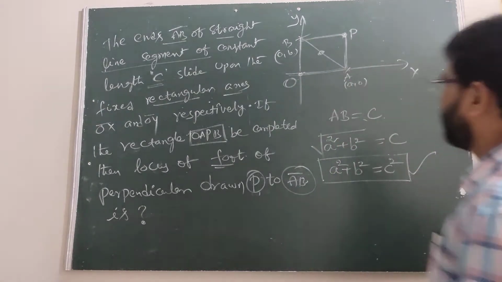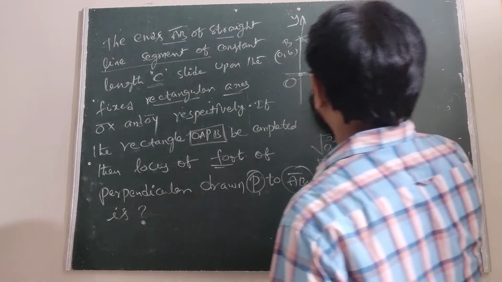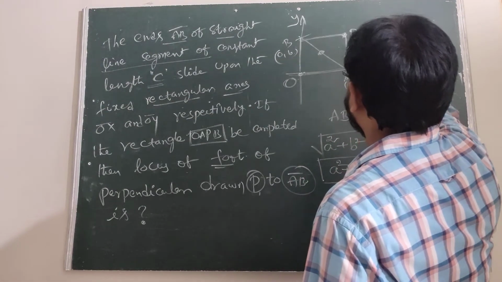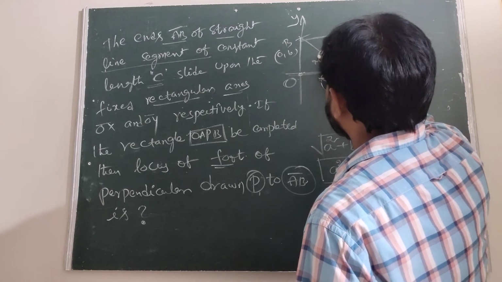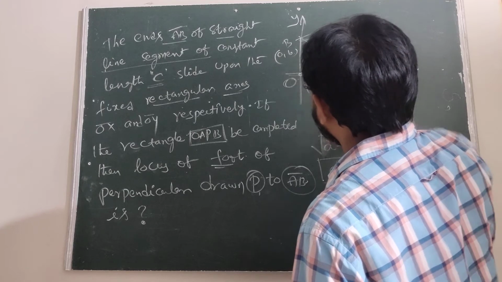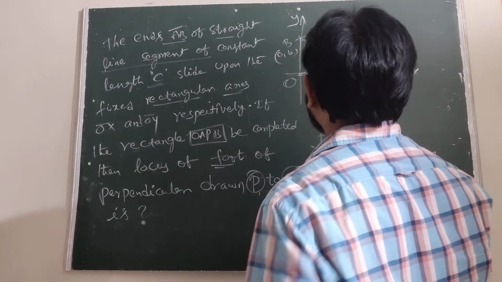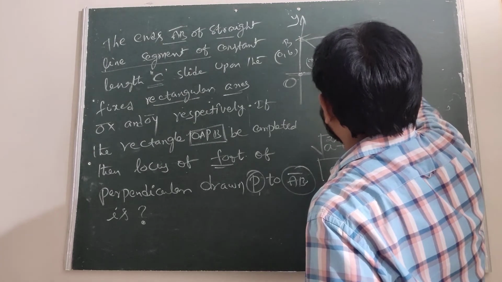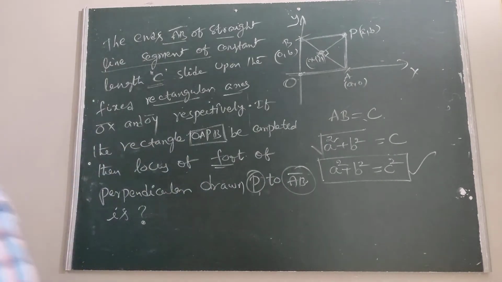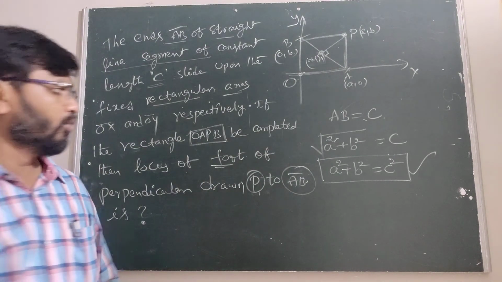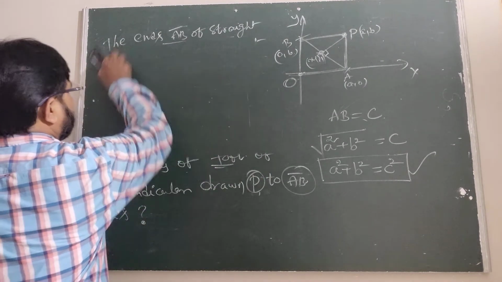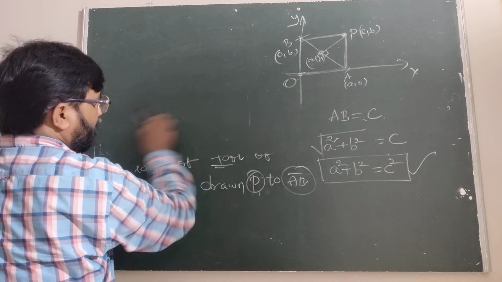All of you listen here. When we are taking A, this is the length a, this is b. Undoubtedly this is the point (a, b), this is (x, y). For the locus of the foot of the perpendicular, we are taking (x1, y1). Now we have to find the locus of the foot of the perpendicular. Is it clear or not? How to find this one?